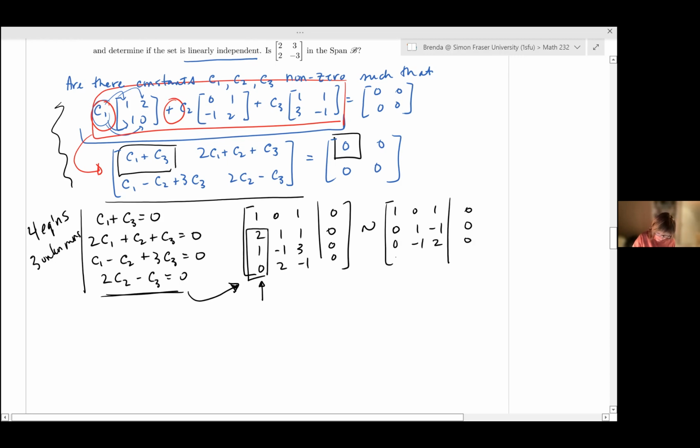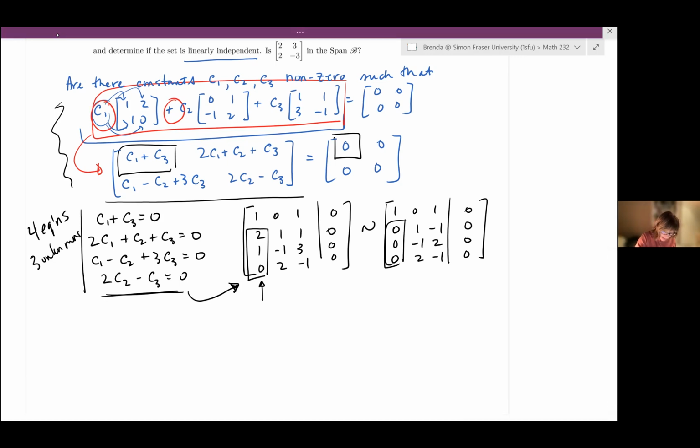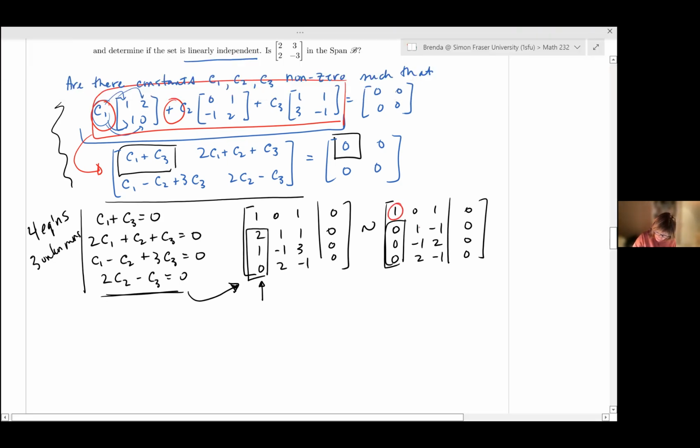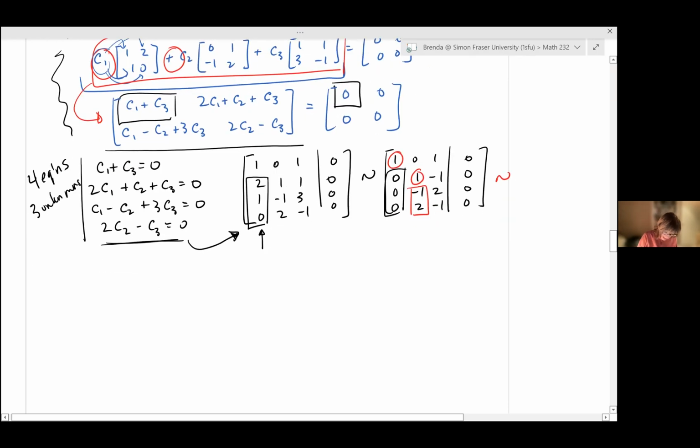Then I just leave R4 alone. Don't have to do anything. The 0 is already there. Okay, so I've got all zeros here. I've got a leading one here, and I've got a leading one here. Now I have to make these 2 numbers into 0. So I continue with the Gaussian elimination, and the first row is fine. I don't need to do anything. Second row, fine. And then I take R3 plus R2, and then I take R4 minus 2R2,